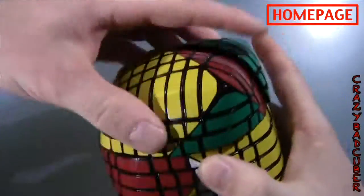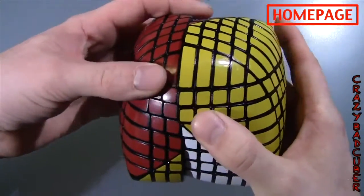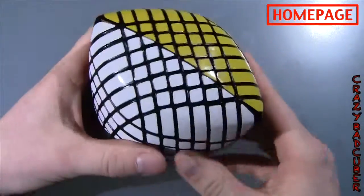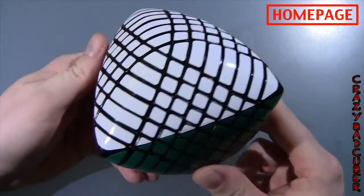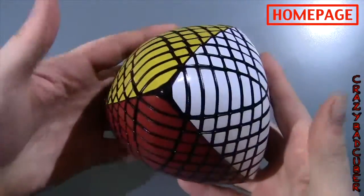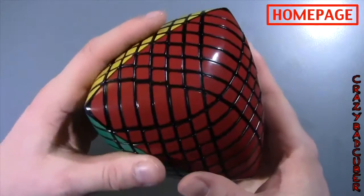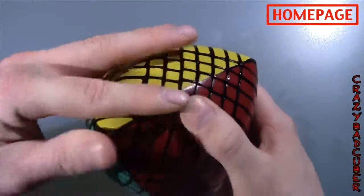I encourage you to go and watch my octophobic unboxing, and I scramble it up in there. It's called an octophobic because octa means 8, of course. And this one is very, very heavy. This one was the most expensive as well. This is the most expensive puzzle I've ever bought, but well worth it. Now, the last one, you guessed it,